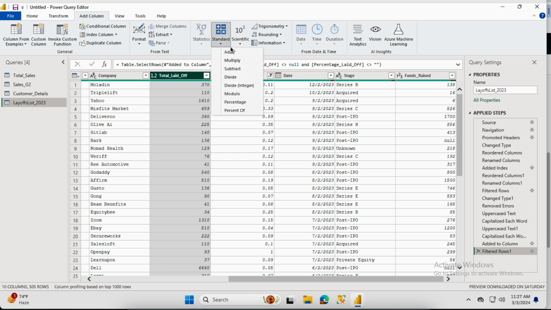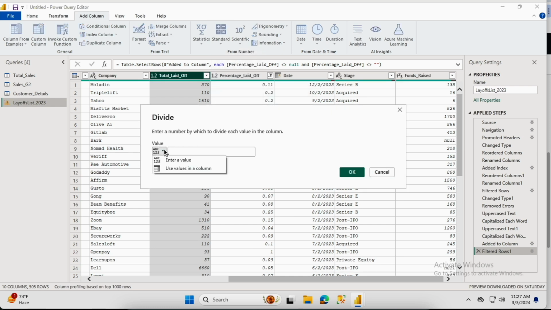In Standard, you will find a number of options which you can use while doing your mathematical operations. So for now I am just going to use this Divide, and it will give you this pop-up. You have to select use values in the column, and then choose the other column with the help of which you are going to perform your mathematical operation. Select the percentage laid off and press OK.